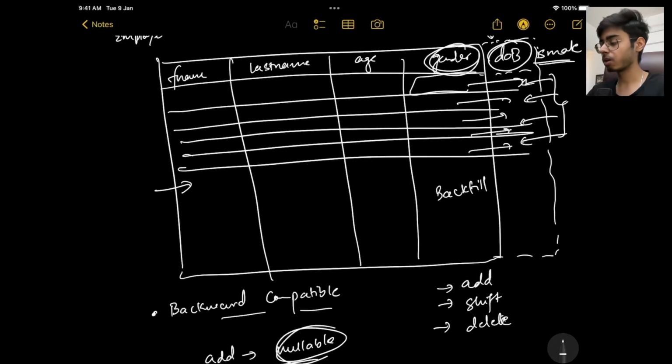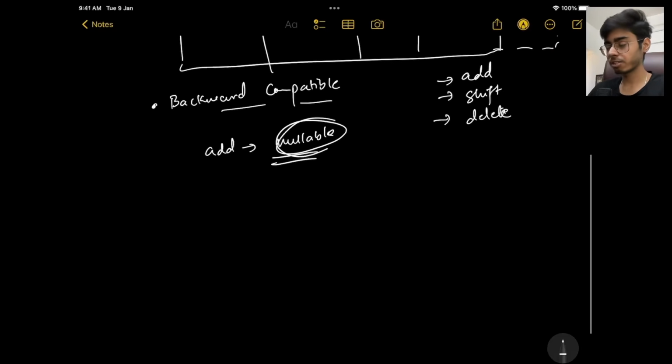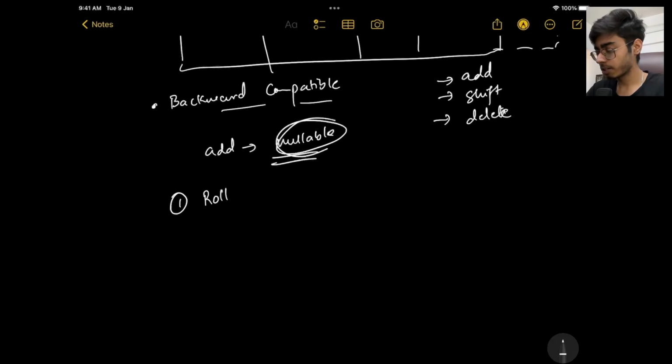You do not run all of the migrations all at once. You first create a new column, check if anything is breaking, the column is nullable, then you start backfilling the values to your new column, then again you release it and check if it is breaking anything, and then you can set it to production. So basically the idea is that you do it, you check, and then you do the next change. I just gave you a very high level overview, but the technical term for this is rolling migrations.